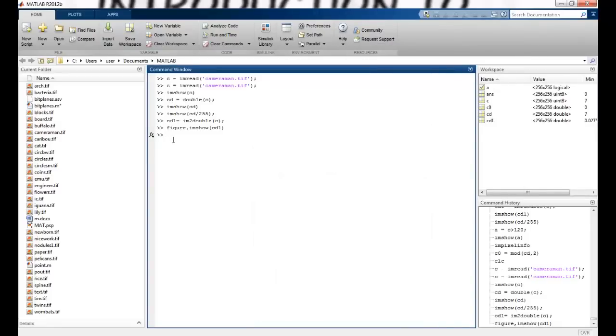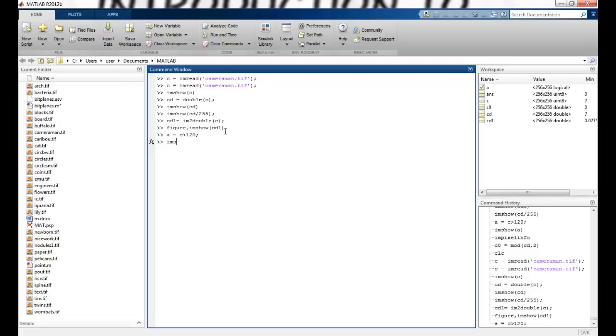Now there's another thing that I can do. Maybe I want to convert this into a binary image, and I apply a threshold of 120. So what am I saying? I am saying that whatever pixels of C which have the values more than 120, you store them as 1, and the rest you store them as 0.